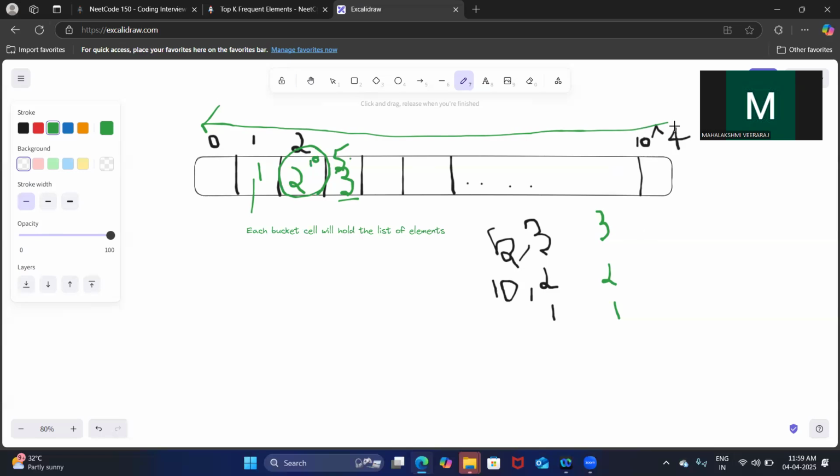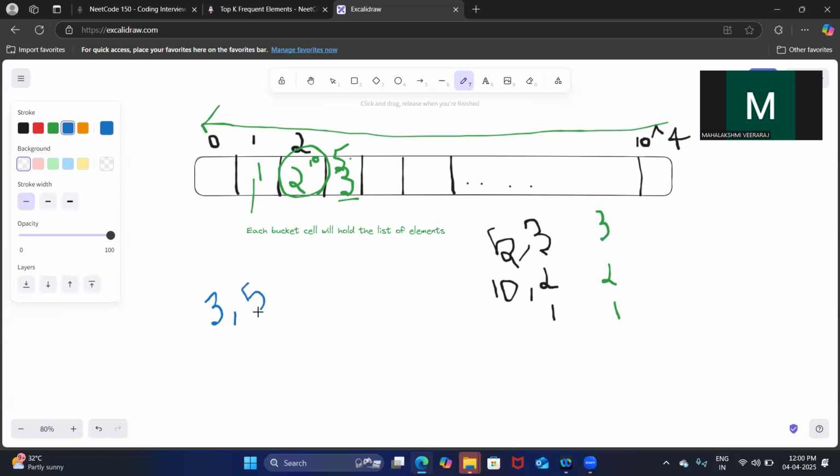So from 10 to the power 4, we will be iterating from right to left. In this third cell, we have 3 comma 5, so we will be putting 3 and 5 in our answer array. This blue colored line represents the answer.